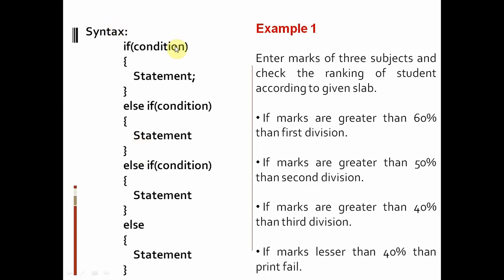This is the syntax of else if ladder. We can look here. It is the first condition. If this condition is false, in the else part we will add one if, and along with this if we will add a condition. If this part is also false, again in the next else we add one if along with a condition and create a block, and the same process we can repeat any number of times. There is no limit on repetition. This else is the last block. It is optional. We can add this block or not. It depends on the situation.